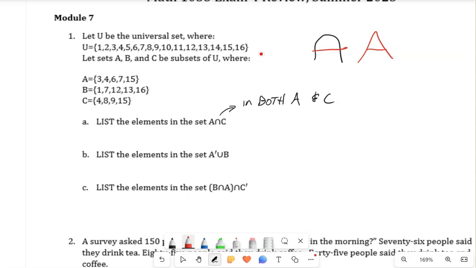So we're taking a look at A and C and seeing if we can spot numbers that are in A and C. And there we have them. 4 and 15. So the answer for part A is A intersect C would be the set of 4